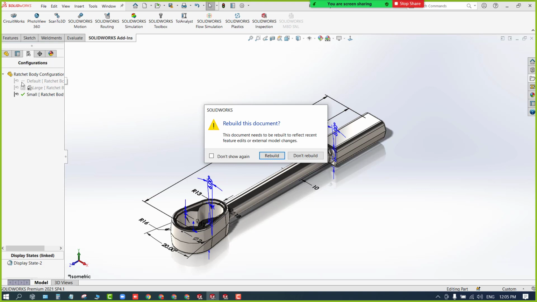You can write down the configuration symbol notifications. Configuration. A gray dash mark indicates the model or component is inactive or out of date.